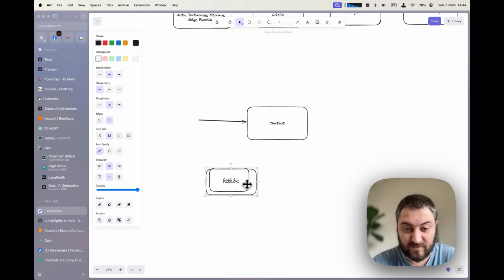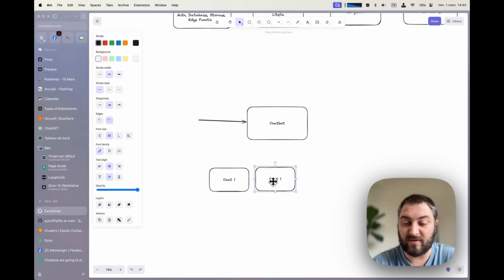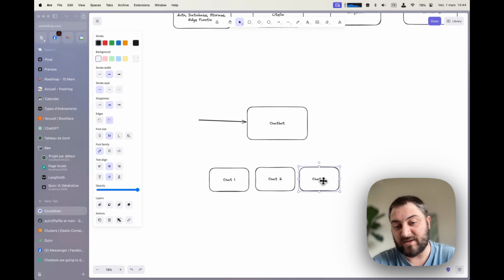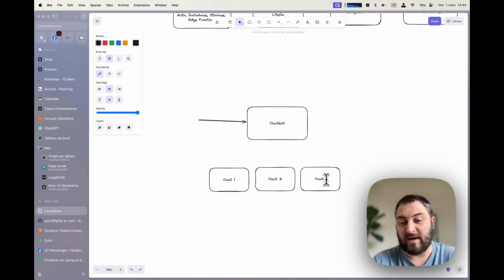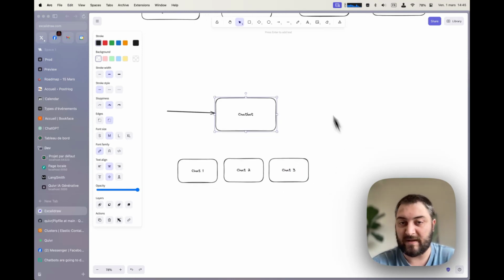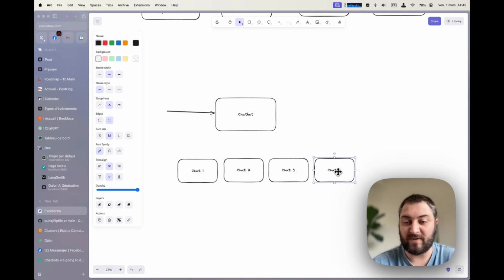Let's say we have another user that does chat number 2, and another one, chat number 3. And the last one is not a chat, it's just a simple API request.